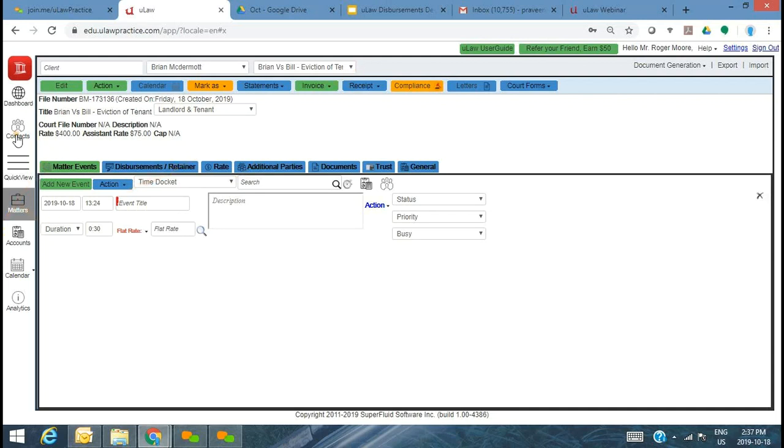What I've done to save time is I've already done a client intake. I've added a client by the name Mr. Brian McDermott, and I've created a file for Brian.